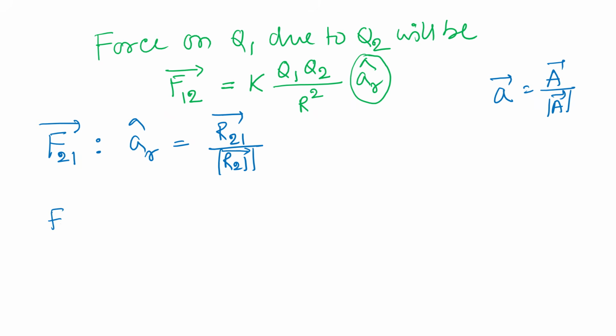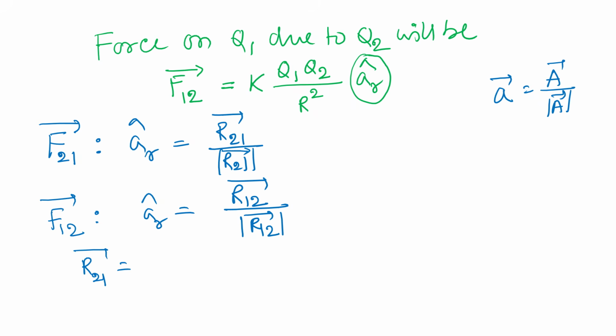Similarly, for F12, the r cap vector will be nothing but r12 vector divided by mod r12 vector. Okay, so now we should be clear about how to calculate this r21 vector or r12 vector. R21 vector is usually calculated as r1 vector minus r2 vector, and r12 vector is calculated as r2 vector minus r1 vector, where your